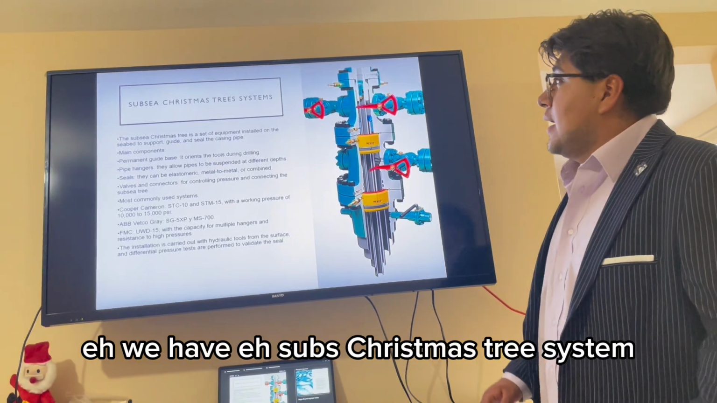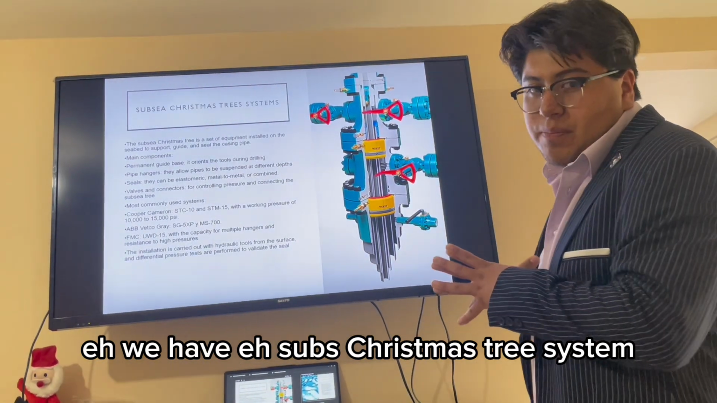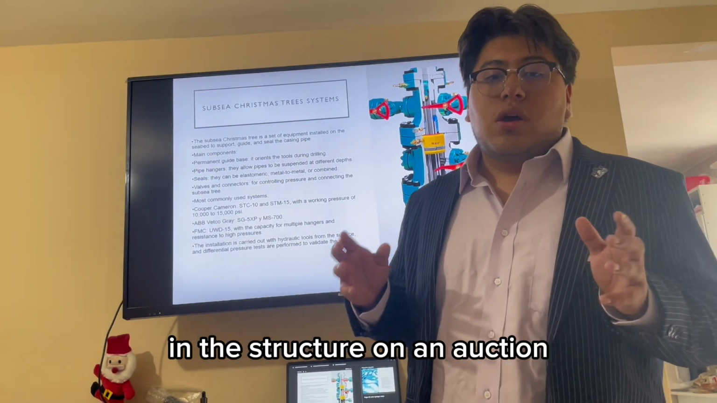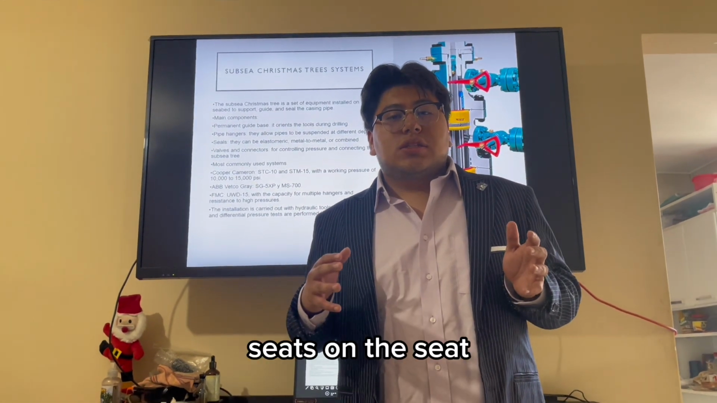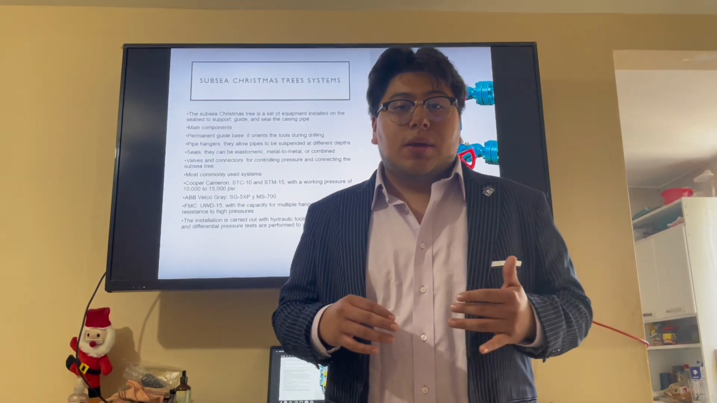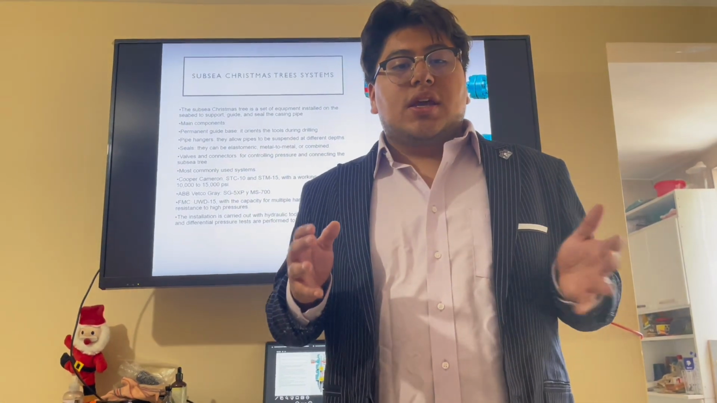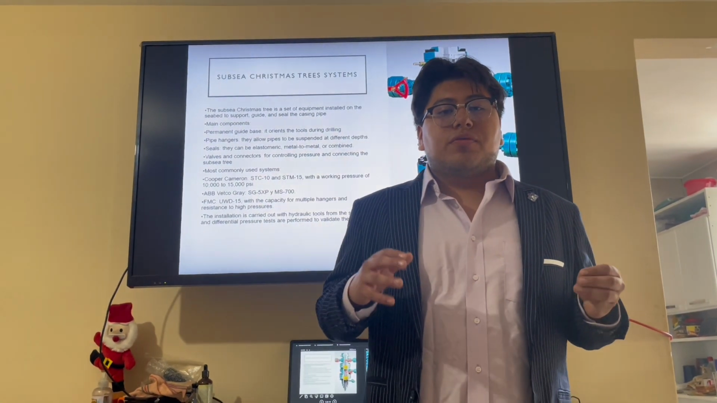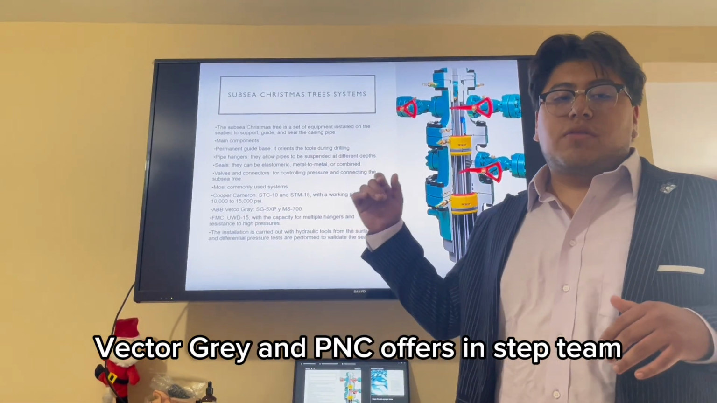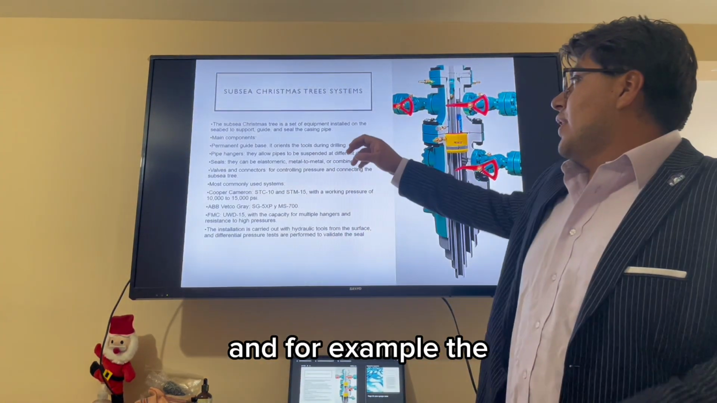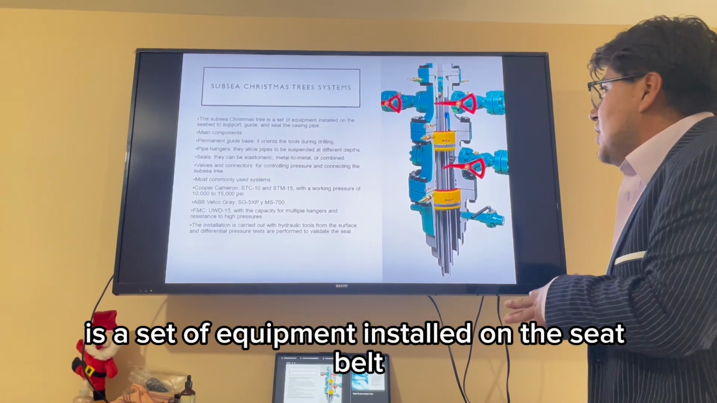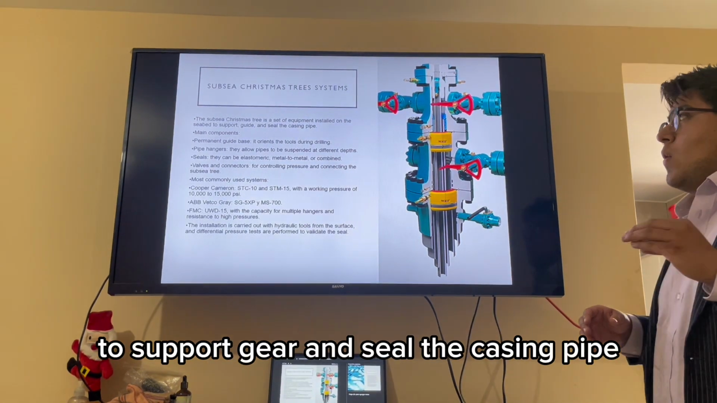we have the subsea Christmas tree system. The wellhead is fundamental in the structure of an offshore well. It sits on the seafloor and serves to give support and guidance to the string. Many components are included to give base, hangers, seals, and connectors. Manufacturers like Cooper Cameron, ABB Vetco Gray, and FMC offer systems. For example, the subsea Christmas tree is a set of equipment installed on the wellhead to support, guide, and